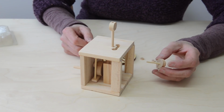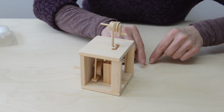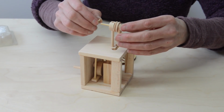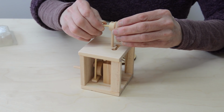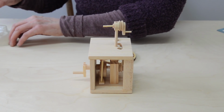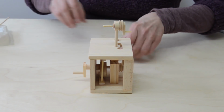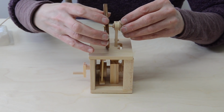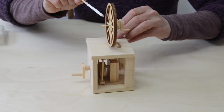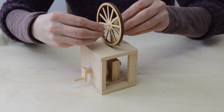Now we're on page 10 and putting the wheel on. Just make sure that you do get the correct 21 spacers. They're the thinnest ones, otherwise it will not work if you use any of the thicker ones. Slide that along without glue, then put a little bit of glue to the side of it, slide the wheel on, then a little bit of glue against the wheel, slide the next one on,